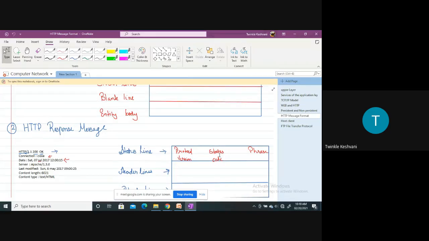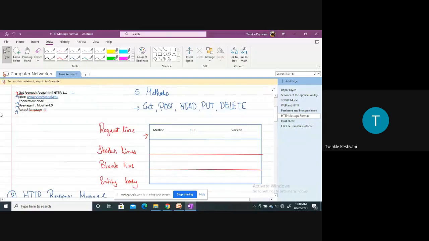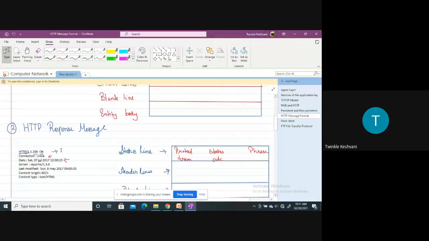Now if I talk about the request message, the first line is the request line, and all the rest of the lines are the header lines, right? Same in the response message. The first line is the status line, and all the rest of the lines are the header lines, right?